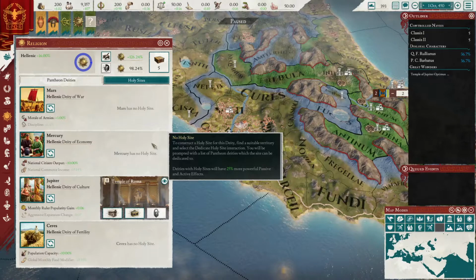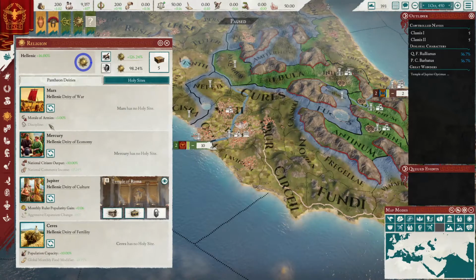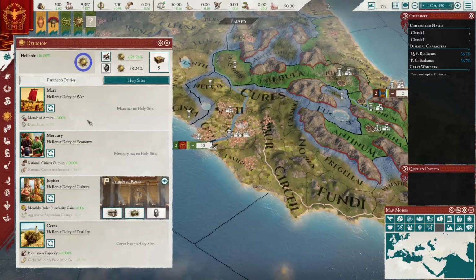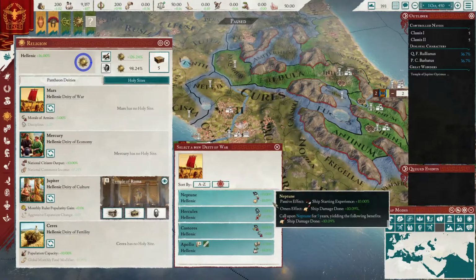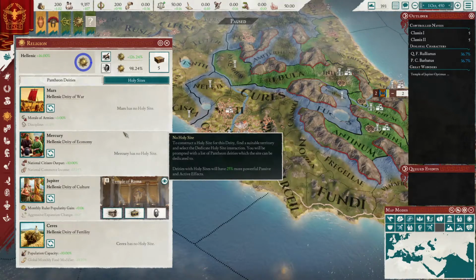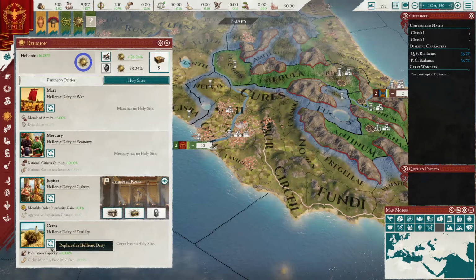Religion. Importance of religion is again, what bonuses do I get? Starting out with a deity of war, economy, culture, fertility. War, okay, obviously morale of armies, army discipline, if I choose to make that my omen or the second bonus coming out of different things. I can choose to change a deity by clicking here because I think, well, maybe there are some other bonuses that are better for me. Again, the same thing can be done for the other